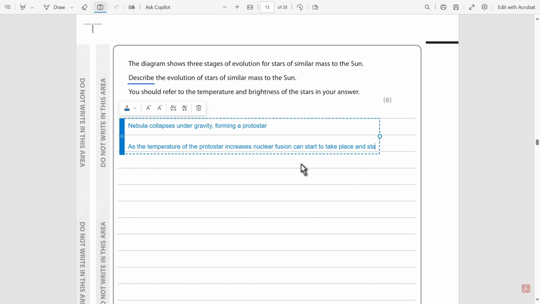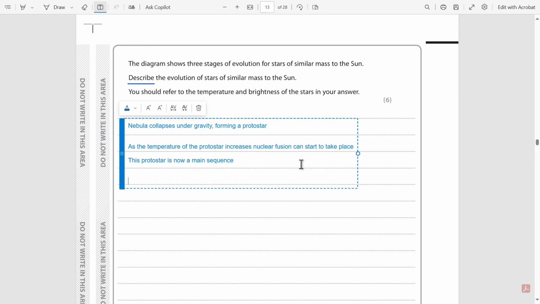And this protostar is now a main sequence star. So after that,